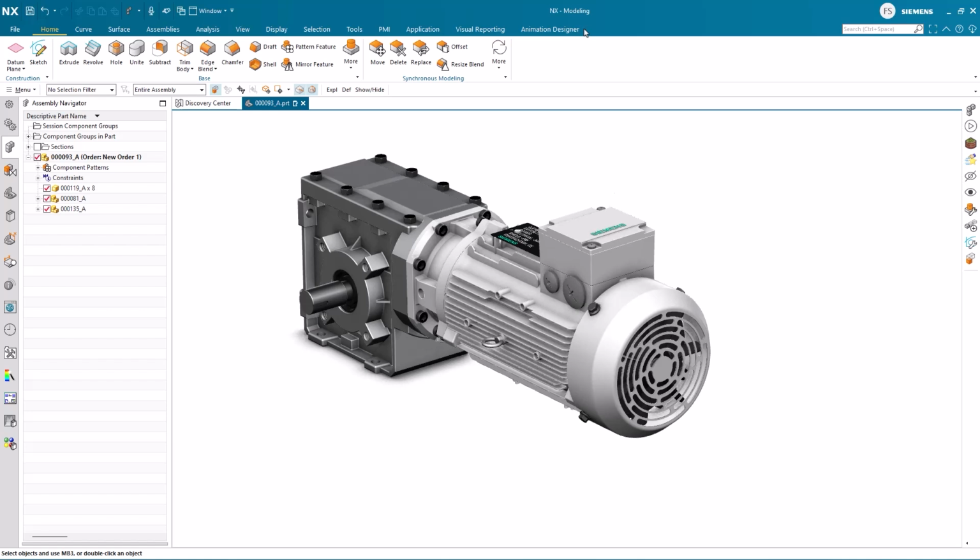Welcome to this how-to session on how to prepare for creating and handling an assembly in NX for the first time. In this session, we will be introducing you to the preferences, interface of the assembly application, and the tools that go along with it for you to get a quick start to assemblies in NX.